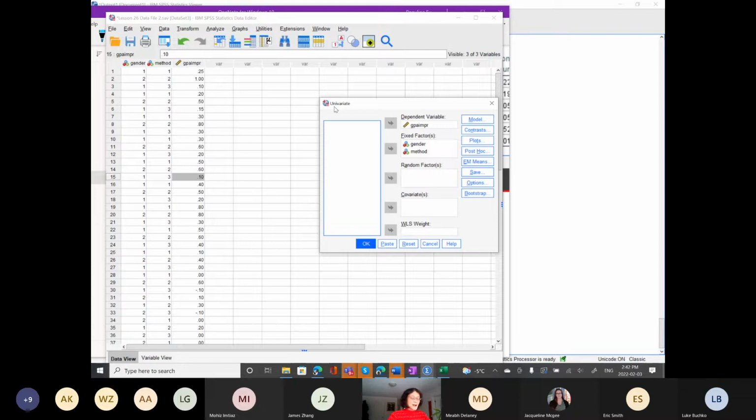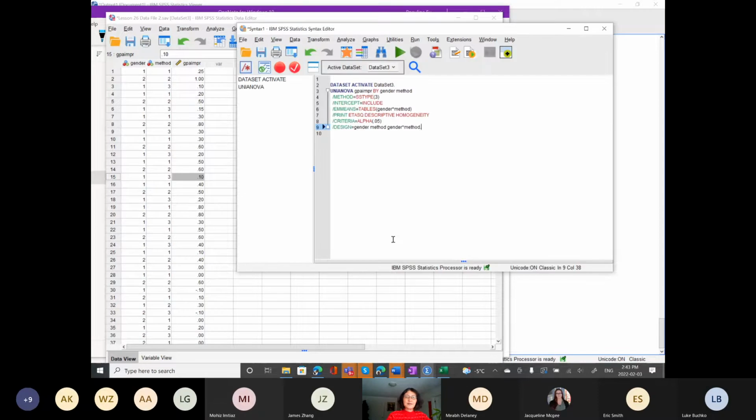Because we cannot conduct simple mean effects by choosing options, so we have to paste syntax. After you go to Analyze, General Linear Model, Univariate, you click Paste. Where is it? Here, beside the OK button. Quick paste, and you have this syntax. Then copy the estimate mean